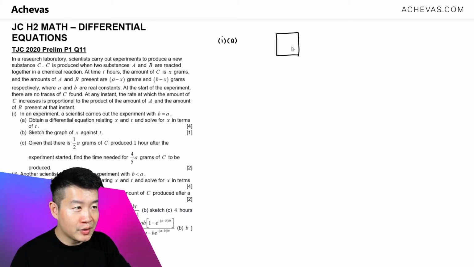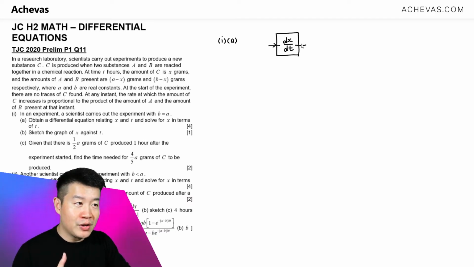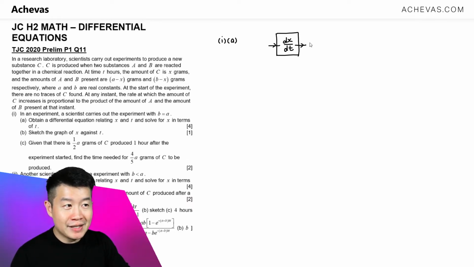So I'm going to draw a little box here, which is going to represent dx/dt. I'm going to read the question to see at every unit time how much goes into the system, and at every unit time how much comes out of the system. Because adding this and subtracting this will give me the overall rate of change, which is going to represent dx/dt. So if you look at the question, the rate at which the amount of C increases,